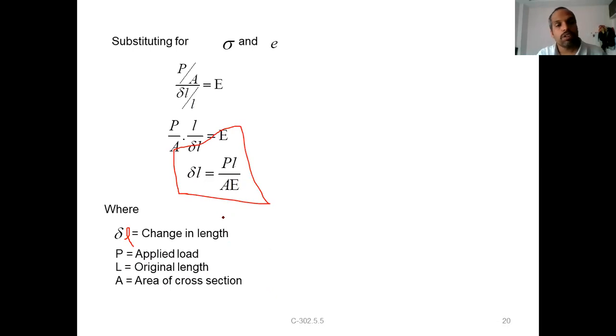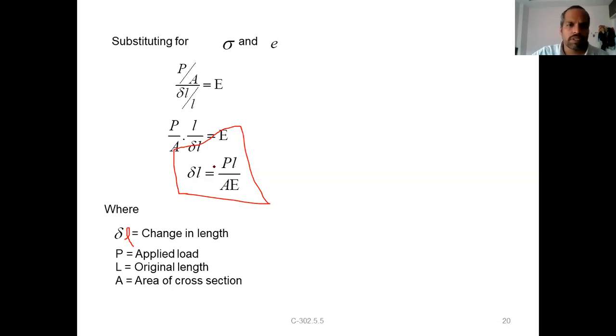So this is about how to calculate the change in length for axially loaded members. Don't think it is only for compressive loads or only tensile loads, because we are applying the load axially. This axially applied load means either compressive or tensile, so it is applicable for both. You can use this formula to calculate the change in length or any other parameter out of these 5 parameters. If you know any 4 parameters, the unknown can be calculated easily. Use this formula to calculate unknowns.